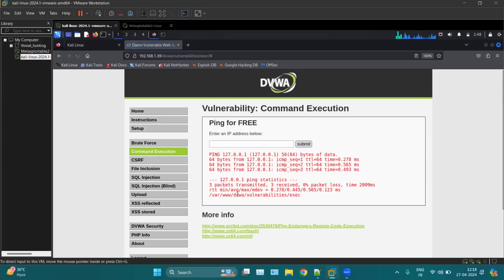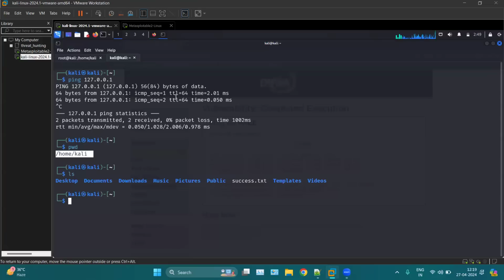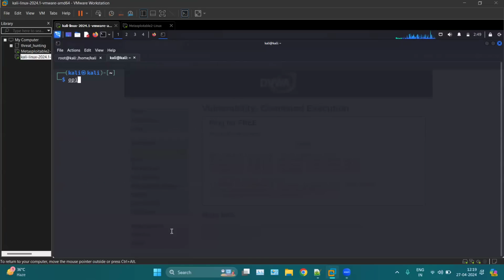Now you can see we have the result here. We have this path here with the IP address result. The path we are inside is var www vulnerabilities exe. Which means we can combine two commands together. For example, here we can ping a website also,